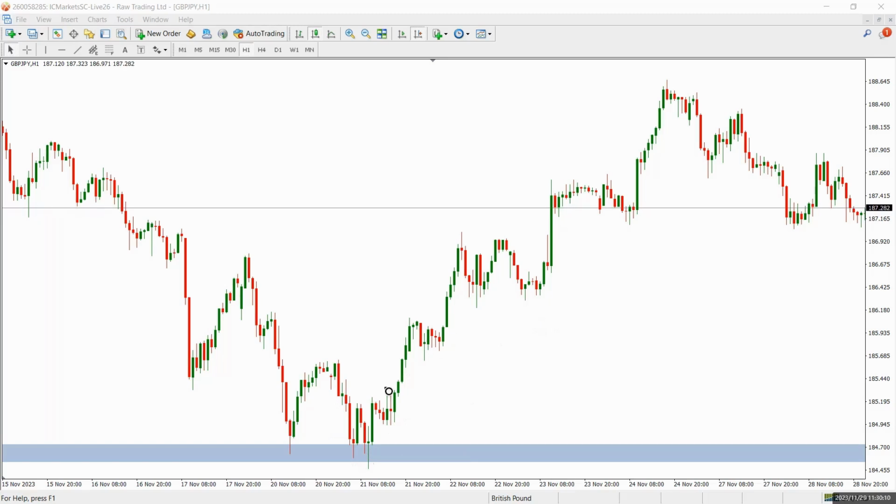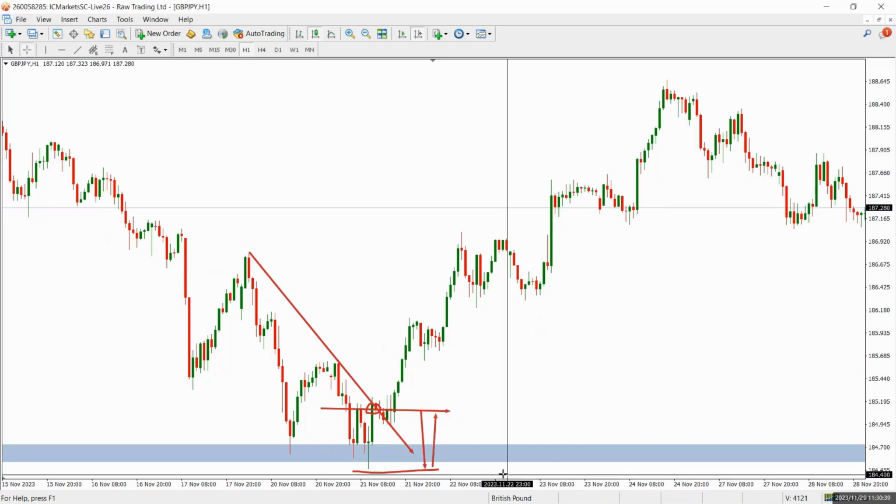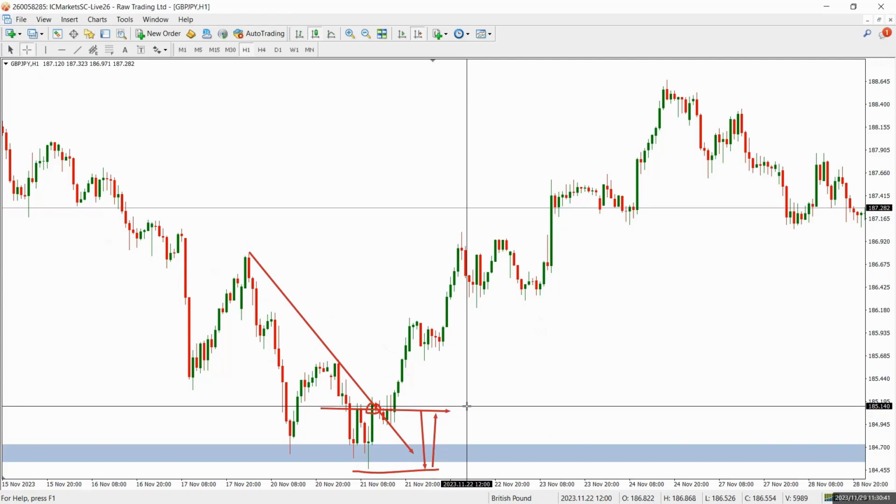But look at something really interesting. I waited for the formation, right? At the time, I had this higher level right here. I waited for the formation of what? A change of structure, a structural change. And the moment this breaks right here, what did I do? I found my entry and I put my stop loss right here. Now, it becomes my duty, before I execute this trade, to use my position sizing skill to convert how many pips the stop loss is, after the market got to this point. Below this level is about 74 pips. So